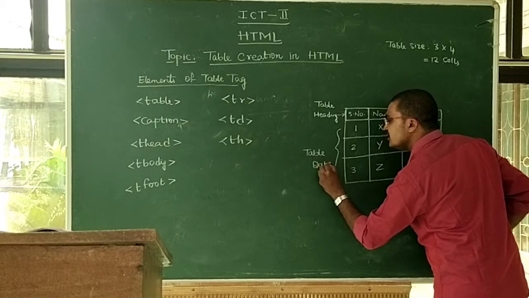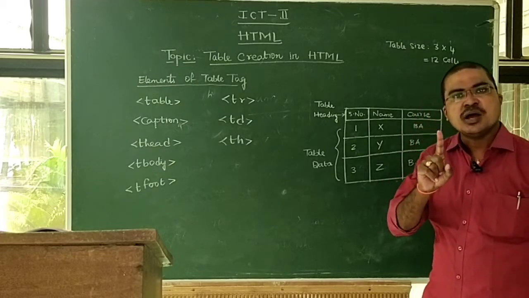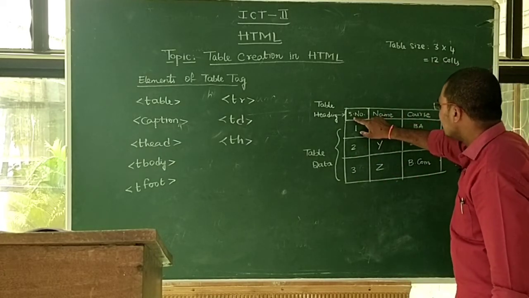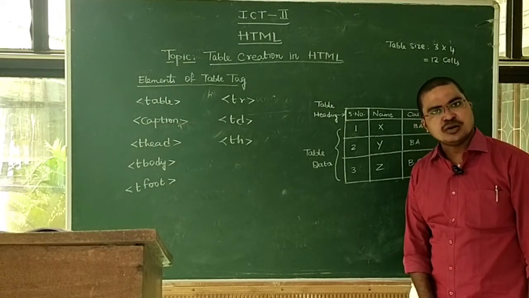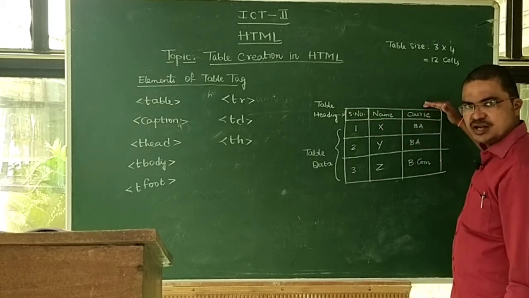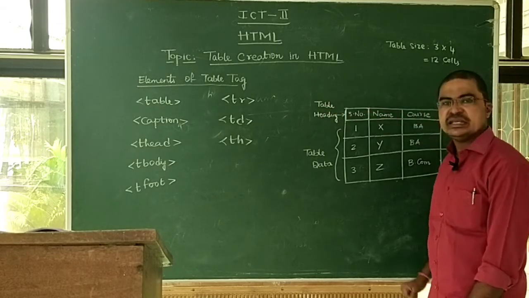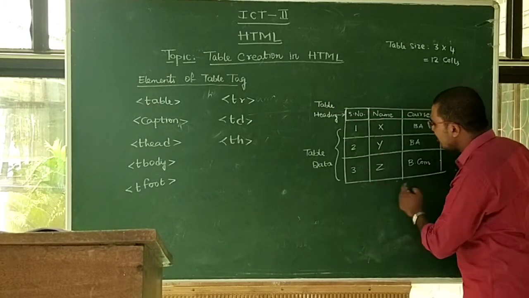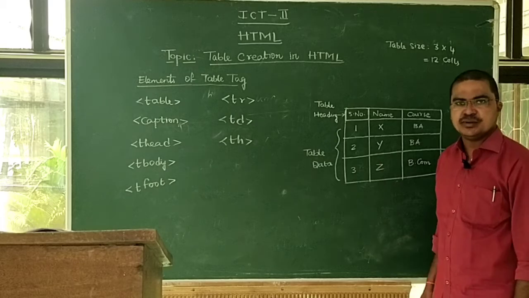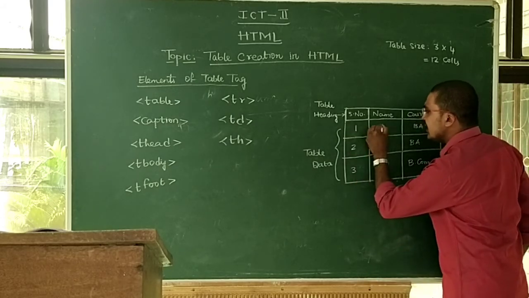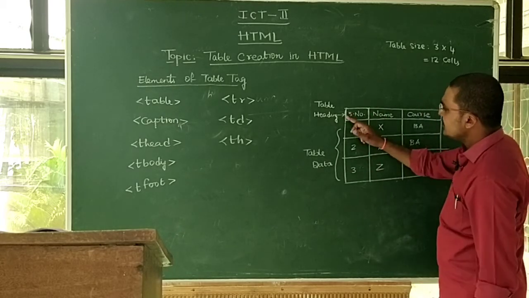So you just identify the difference. Table heading is always present only for one row, and that row is at the top of the table only, because the column headings are prepared only at the very first of the table, right? That's why the first row is called the table heading. Okay, and all the remaining rows are the table data. So without the data the table is incomplete. That's why I filled in sample data about the students in this table. Okay, so table heading, table data.